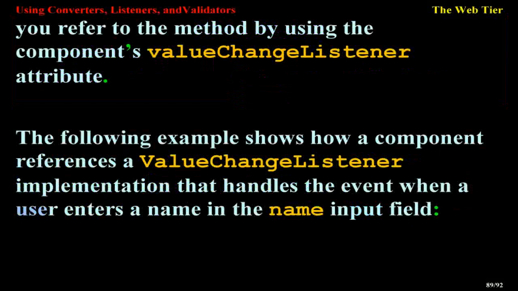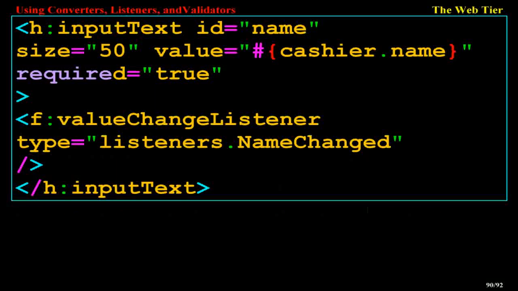The following example shows how a component references a ValueChangeListener implementation that handles the event when a user enters a name in the name input field. <h:inputText id="name" size="50" value="#{cashier.name}" required="true"> <f:valueChangeListener type="listeners.NameChanged"/> </h:inputText>